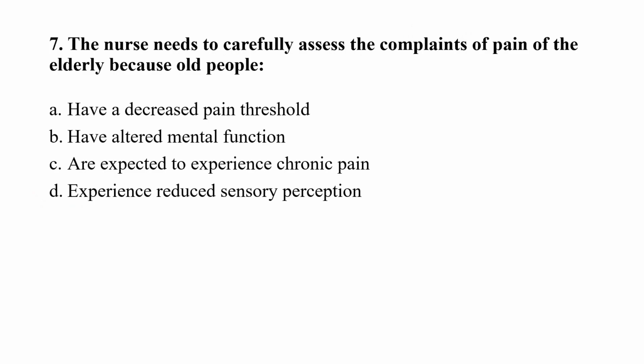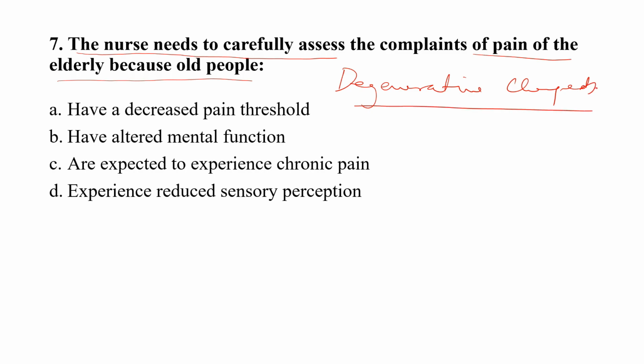Question number 7. The nurse needs to carefully assess the complaints of pain in the elderly because old people option A have a decreased pain threshold, option B have altered mental function, option C are expected to experience chronic pain, option D experience reduced sensory perception. Here the question given that the nurse needs to carefully assess the complaints of elderly, which is complaint of pain, and she should assess carefully because in case of elderly there is degenerative changes, and this leads to